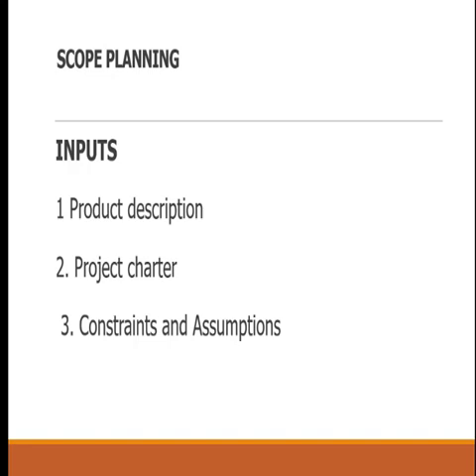All right? So what are the inputs? The inputs to scope planning means, number one, know your product. All right? Know your product. KYC, know your customer. KYP, know your product. You must have the description. Number two, hold your charter. Somebody can ask you why. Well, I was assigned by the manager to carry out this project. Boom, and you are there. Make sure you have your charter.